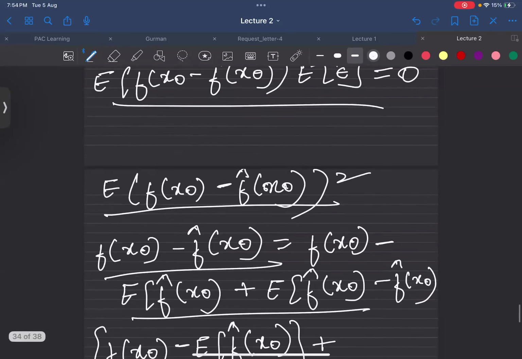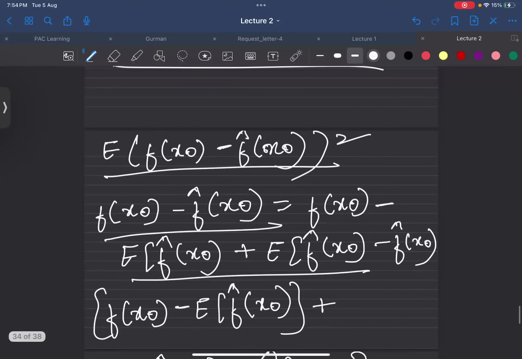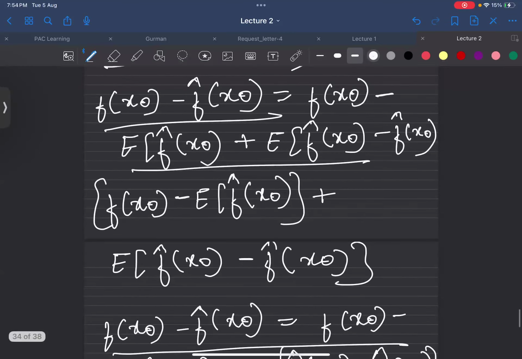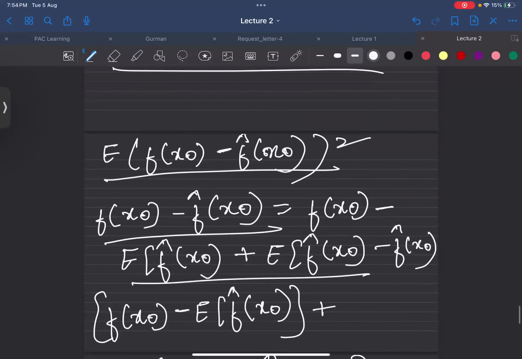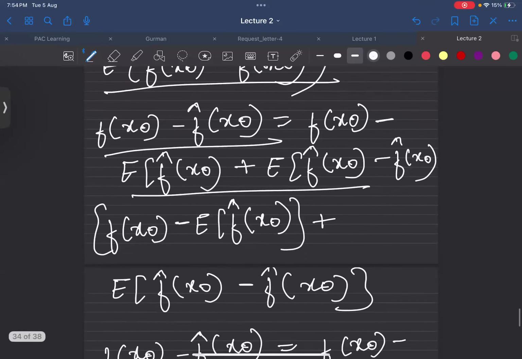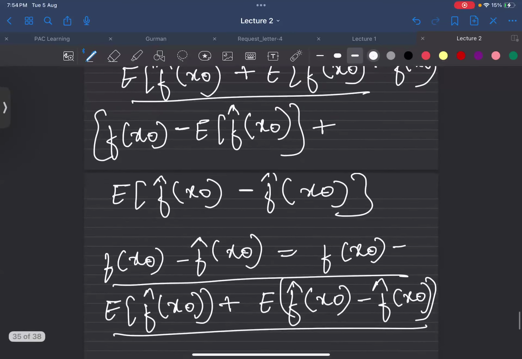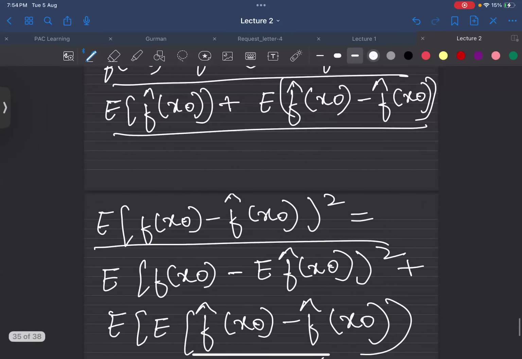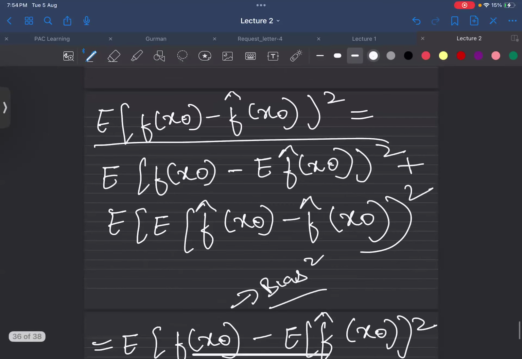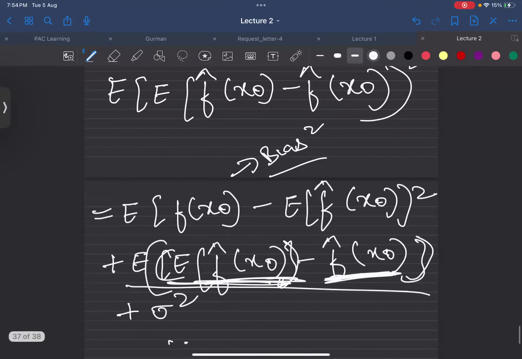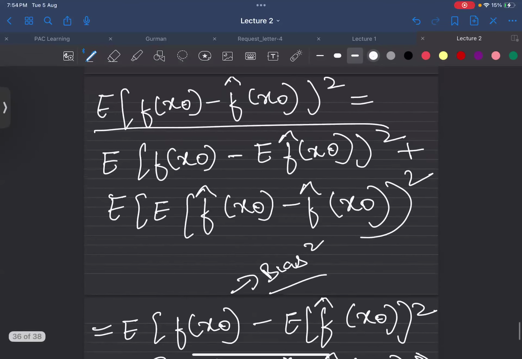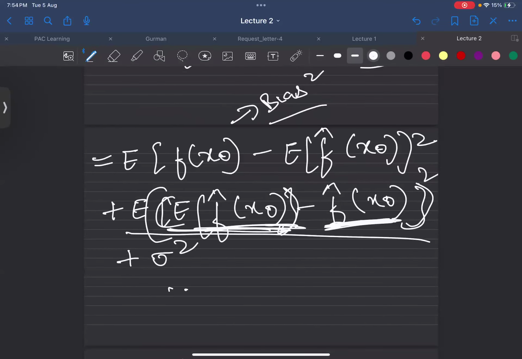Okay, I think I have missed it here only. It's square only. Expectation of expectation: when I'm taking square and expectation, maybe I have missed it here. In the second line, only the internal part we have expanded. I have taken the expectation and I have to take the square as well. Ma'am, what was the sigma? Sigma is the noise. The independent variance basically means the noise here.